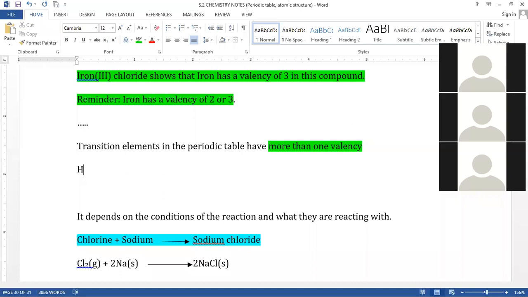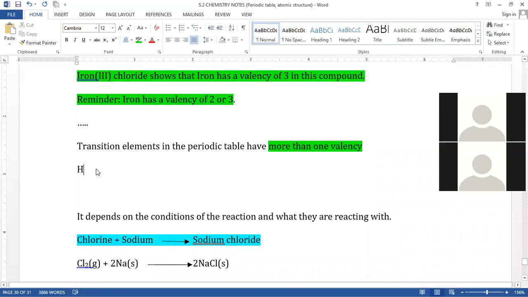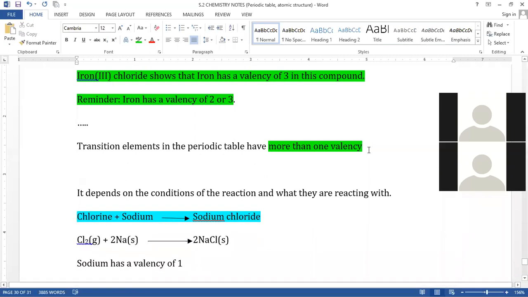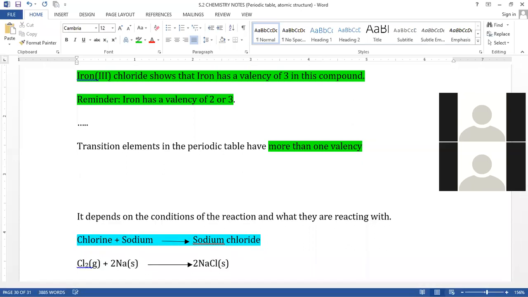When we talked about the transition elements, we said that much as we mentioned them, their chemistry is beyond the level of senior 2. What you need to now know is to master their valencies, because at this level we don't draw the atomic structures of the transition elements. But what you should know is that iron has a valence of 2 and 3, copper has a valence of 1 and 2,